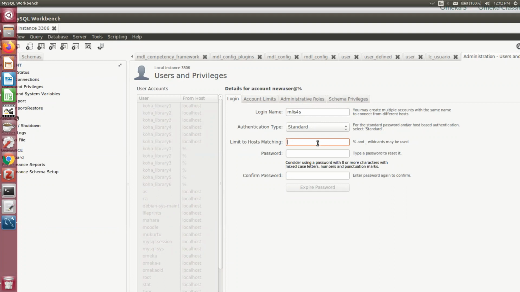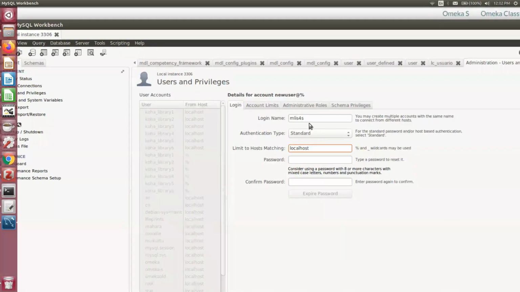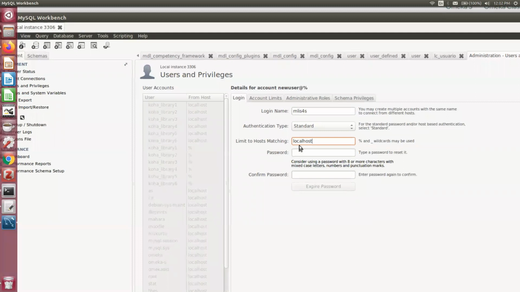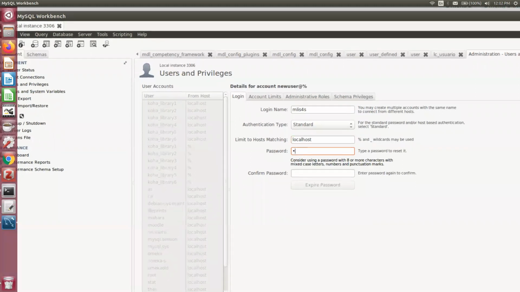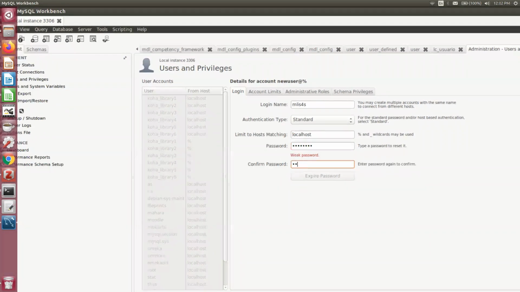So it is better to change this to localhost so that only local people from your system can access it. So my login name or username is MLIS4S. Then from localhost, now the password may be MLIS1234, confirm password MLIS1234. Suppose.